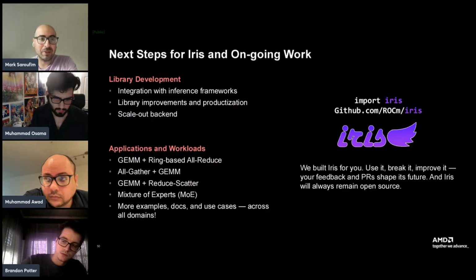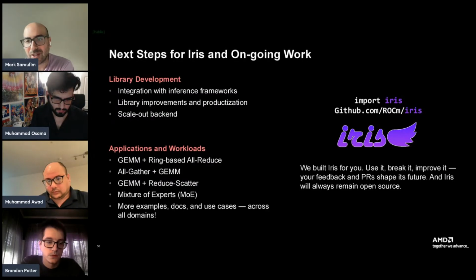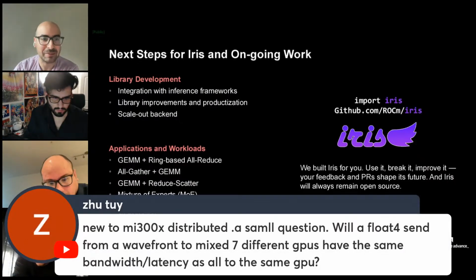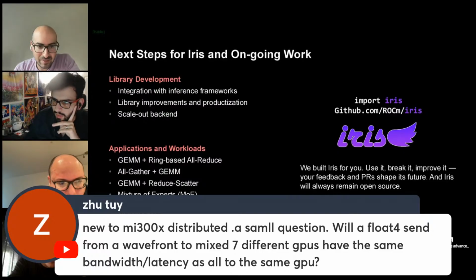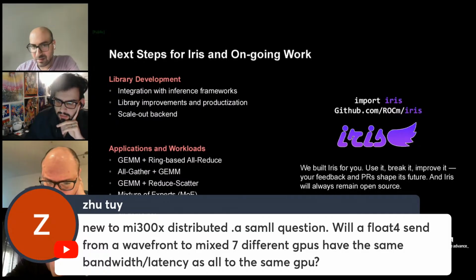I think there are a couple of questions. Maybe we'll start going through them. I don't totally follow this one, but Zoo asked a good question before, so I'm going to put him back on. Yeah, I'm not sure if I follow the question. So float 4 sent from a wavefront to a mix 7 different GPUs have the same bandwidth as the same